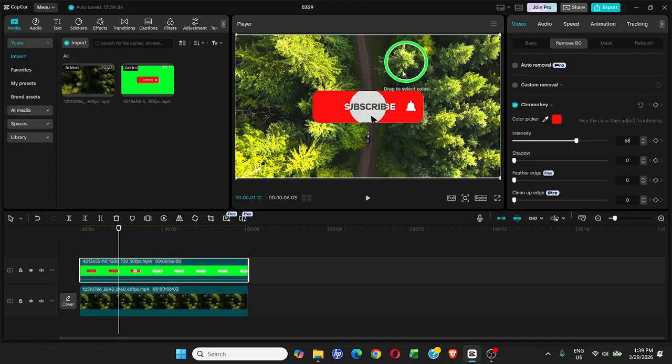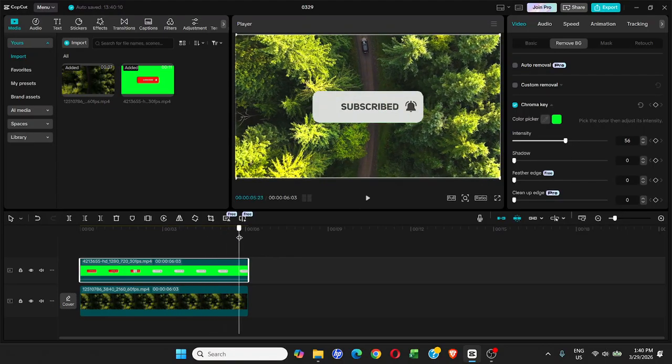As you can see, if you just hover over it, it disappears, but it doesn't get disappeared in the final output. So you need to click on the green area. Now it's gone. But the thing is, if you go to this part,